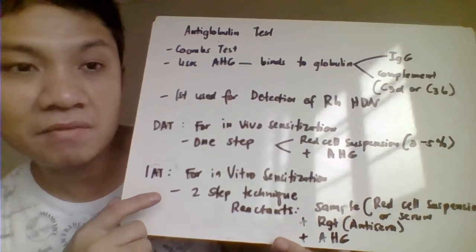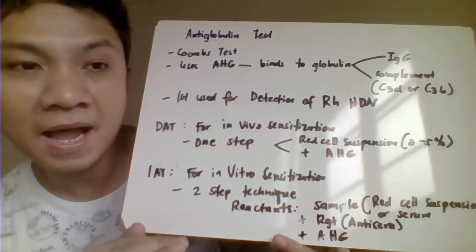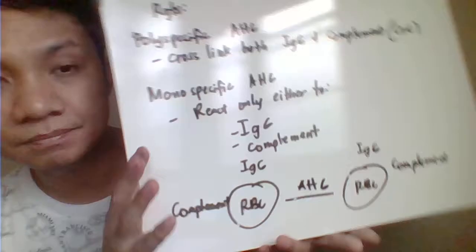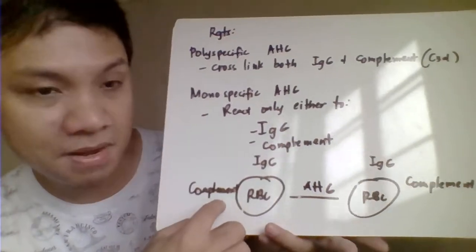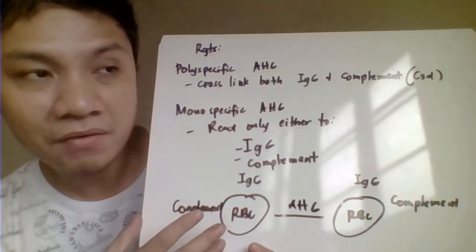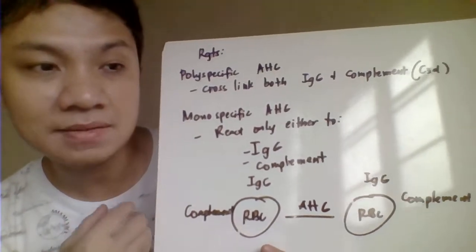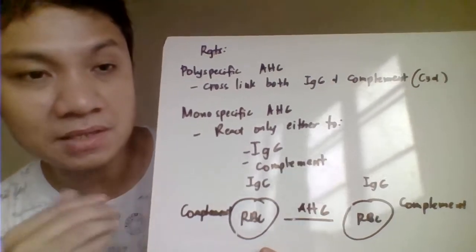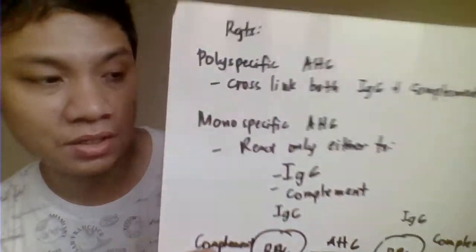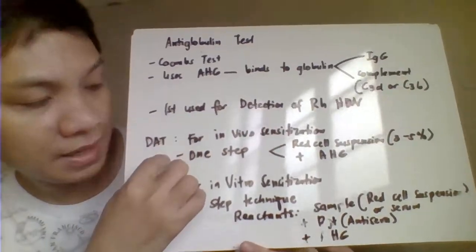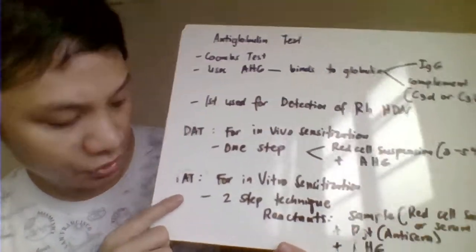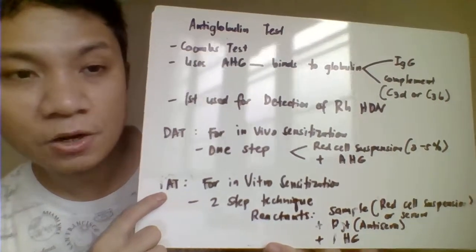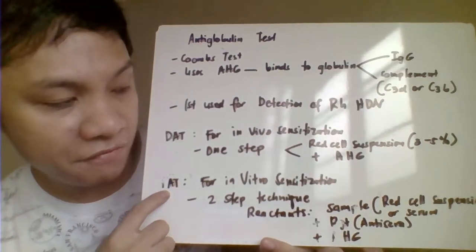So when we say in vivo sensitization, our IgG, or even your complement, has bound to our RBC. However, the binding happened inside the body of the patient. That's your in vivo sensitization, and that's your direct anti-globulin test. On the other hand, your indirect anti-globulin test is used for the detection